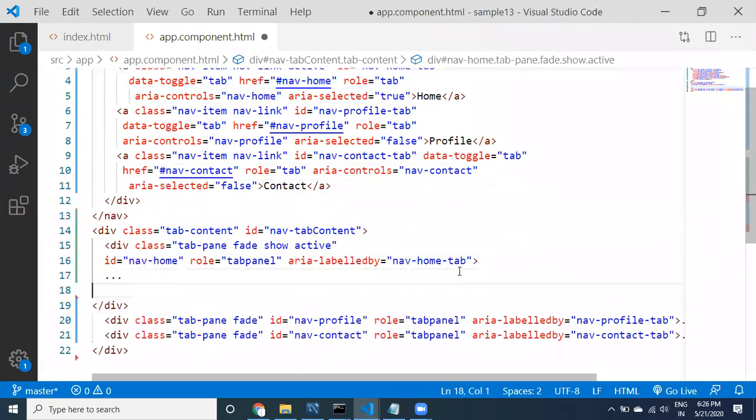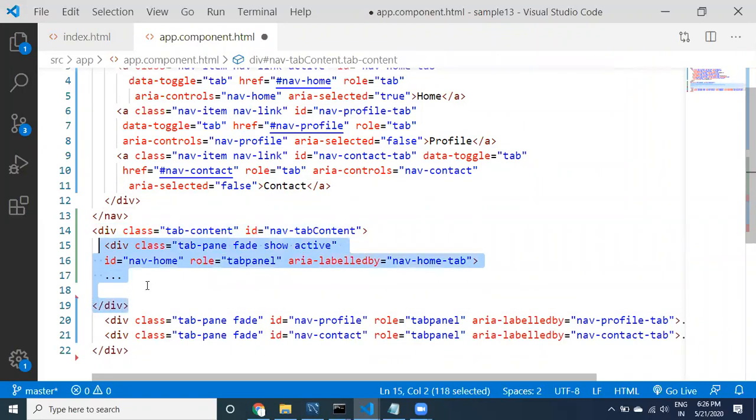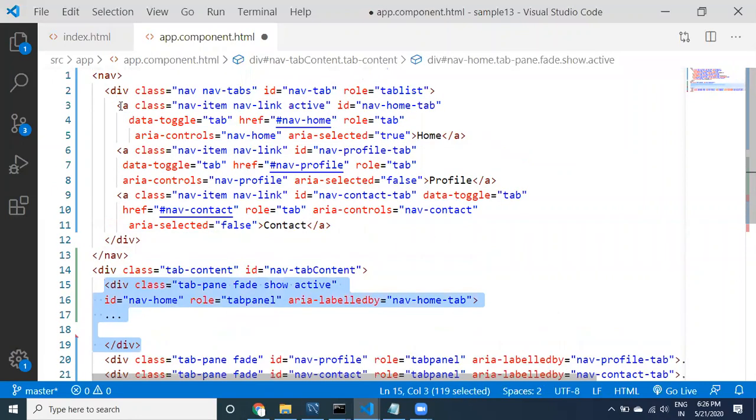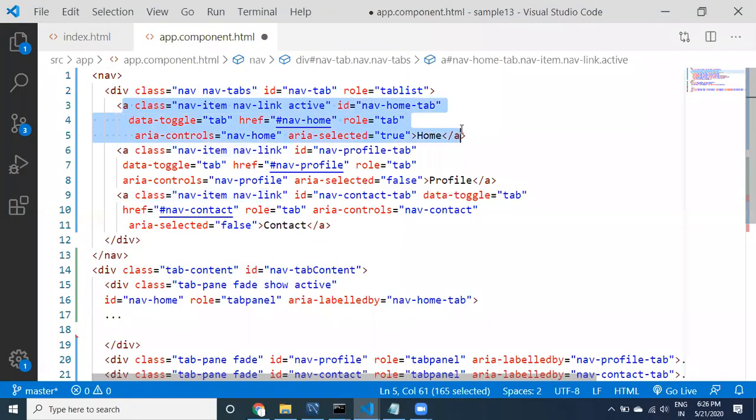See here guys, now how it is working is, there is a relationship between this div. This is one div, and here this is one item. We are not using any href or any router outlet routing.